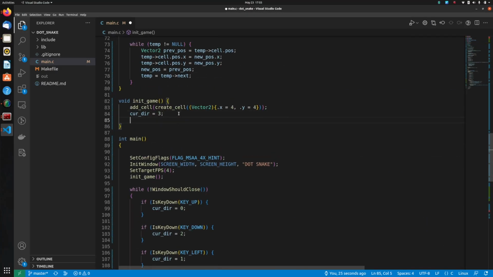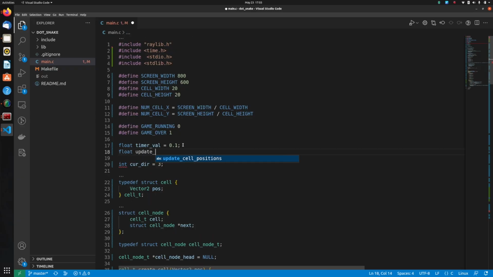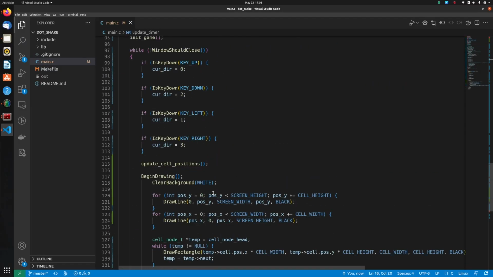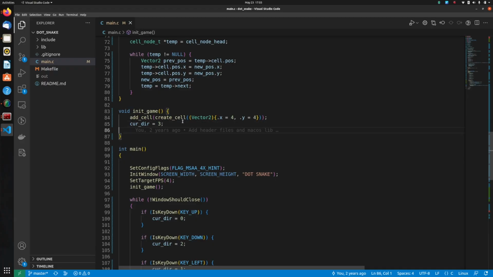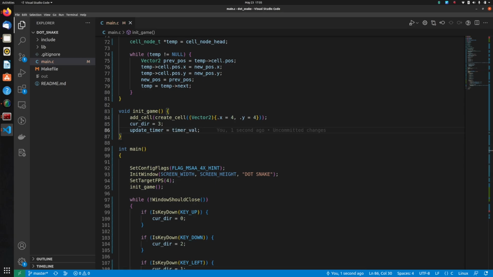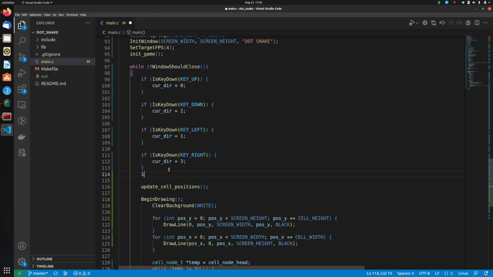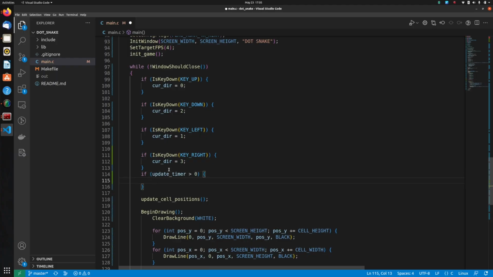And when the game starts, I'll create another variable called float update timer. Right when the game starts or restarts in the init game method, I'll set update timer equal to time val. Now that we have the update timer initialized, just after I have captured the input, I'll have an if condition which says if update timer is greater than 0, which means our update timer has not yet become 0, what I'll do is